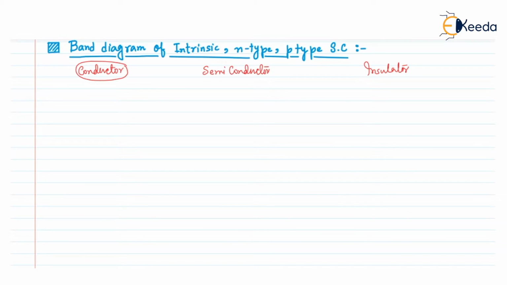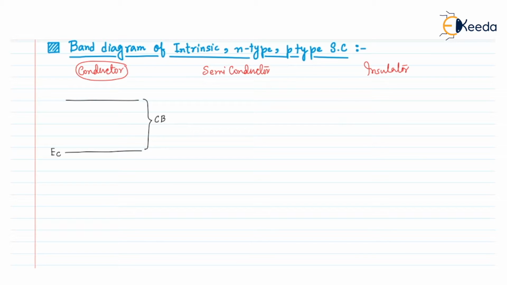we know that the conductor materials are those materials in which the current can conduct at any condition. That means there will be a large amount of free electrons. That's why they conduct the current. So in a conductor, the band diagram looks like this. There will be a conduction band. So this is my conduction band of the conductor. The minimum energy of the conduction band is EC,